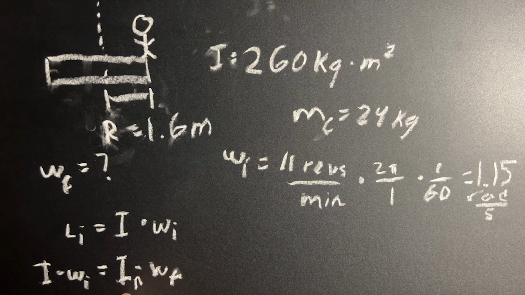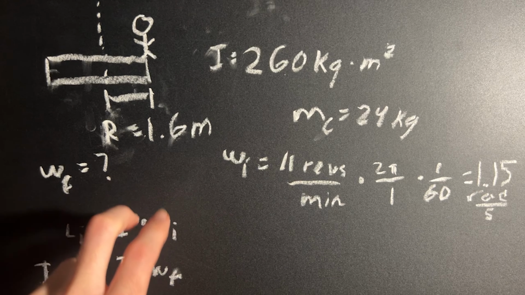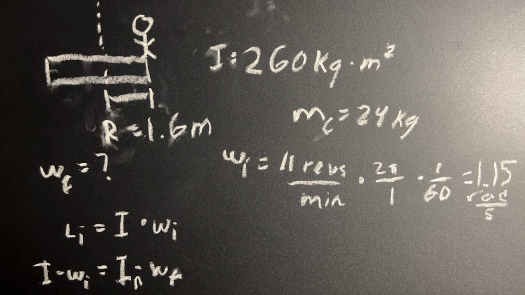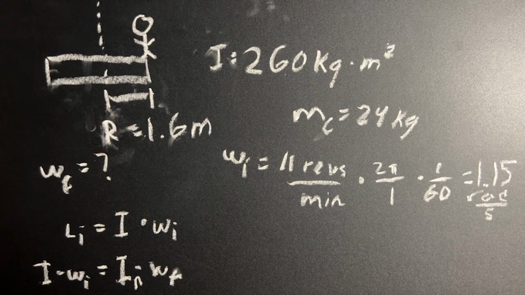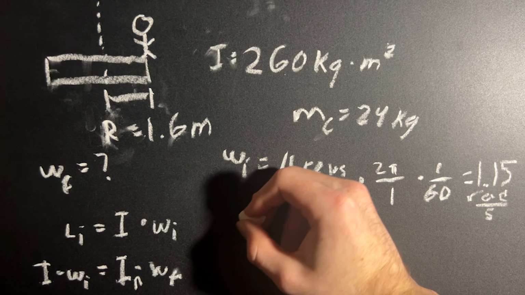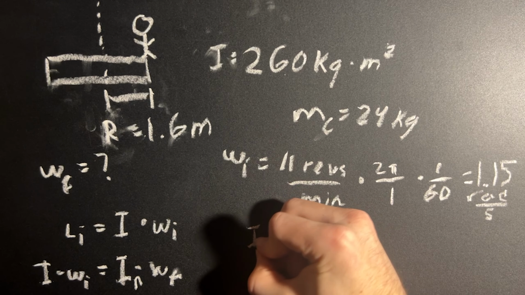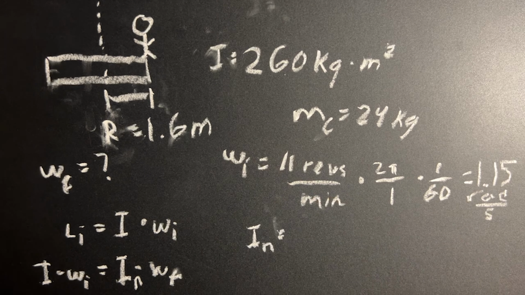On this side, we're using the new moment of inertia, which we will find shortly, and the final angular velocity. And we get this equation simply by using different values to find the same thing, but after the child has sat on the merry-go-round. So let's find this new moment of inertia. After the child sits on the merry-go-round, our new moment of inertia